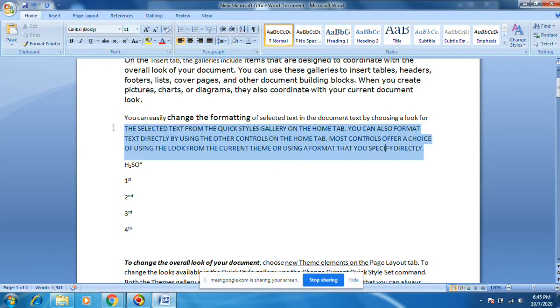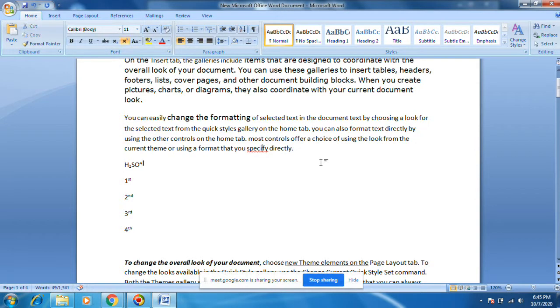If you want to convert this entire thing to lowercase, lowercase. Sentence case is nothing but after every full stop, the first character of the first word should be a capital. That is called sentence case.